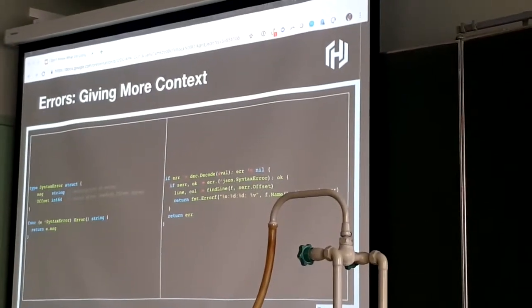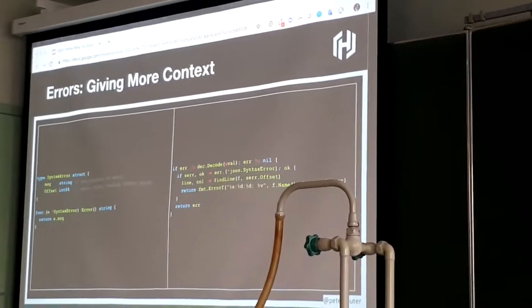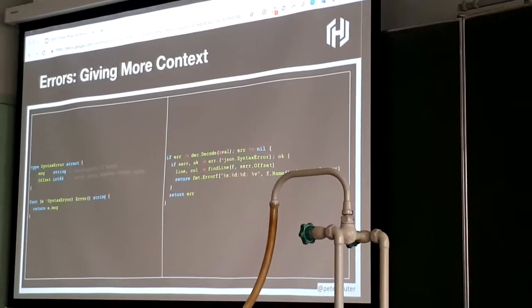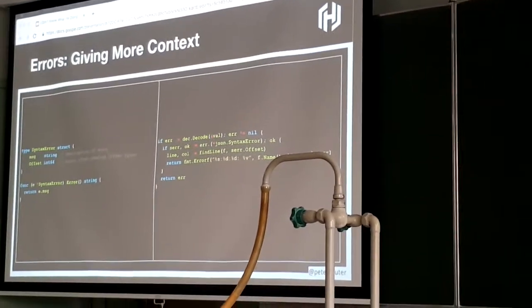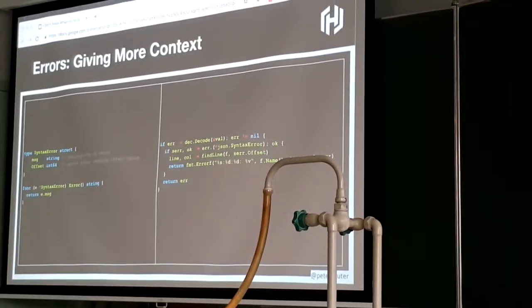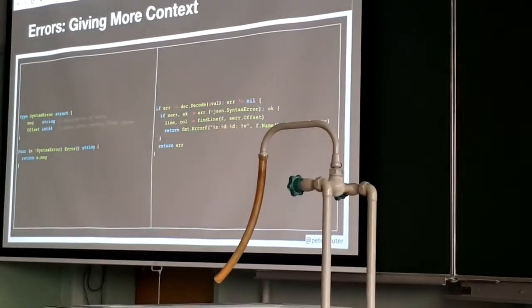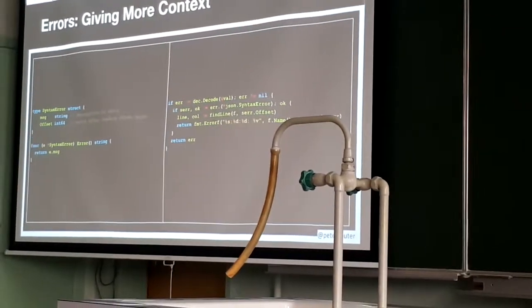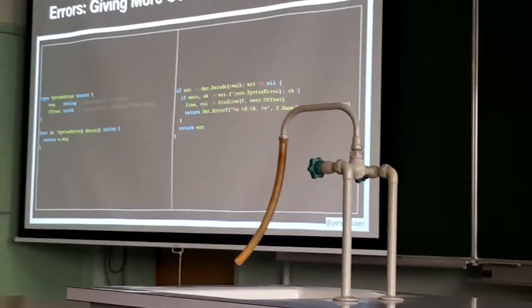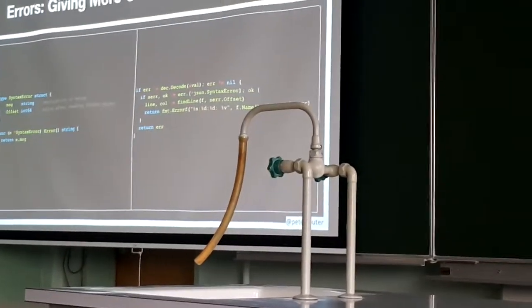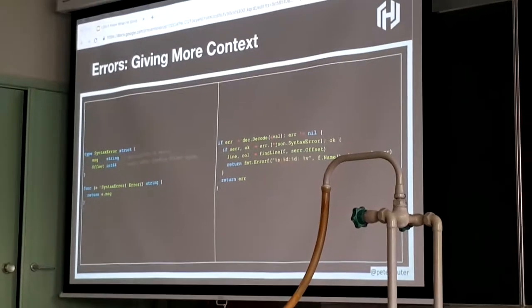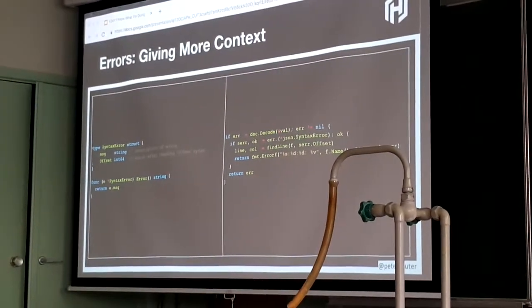There's also a library, I think there's one in core and a few maintained ones, called wrap, and that will give you a fuller stack trace. So if you need to find out where the error came from in terms of the line of code, or if you really care about the full memory stack of why it happened, this is way out of my purview, but you can wrap the error and say, this is where the error is from, this is what the memory stack looked like when it